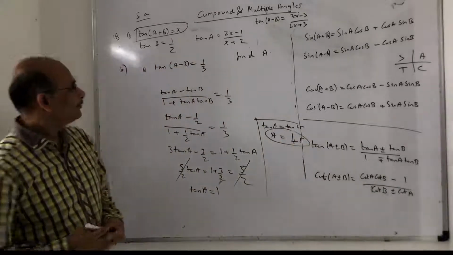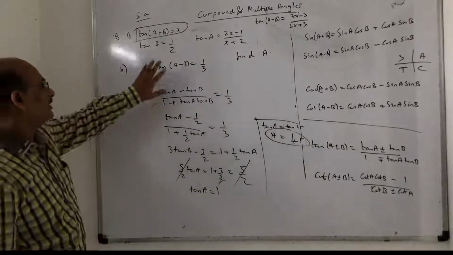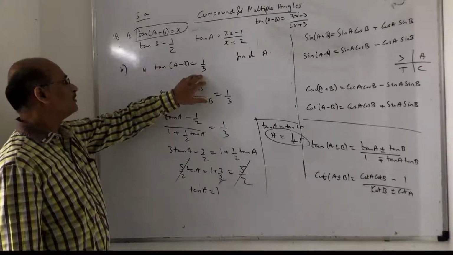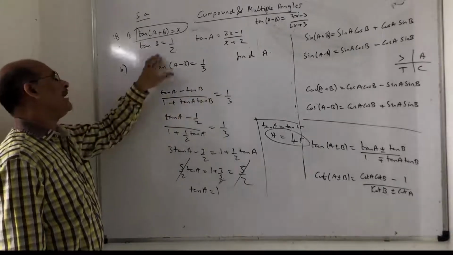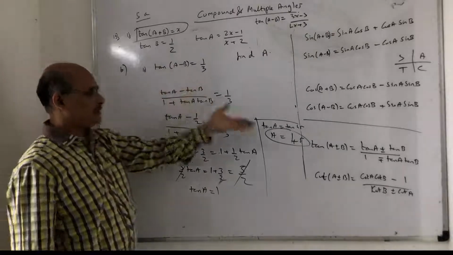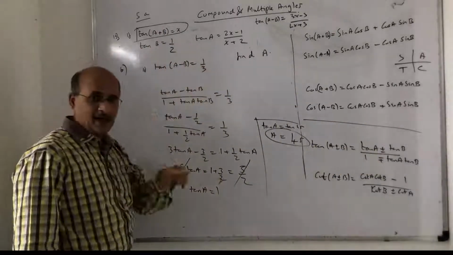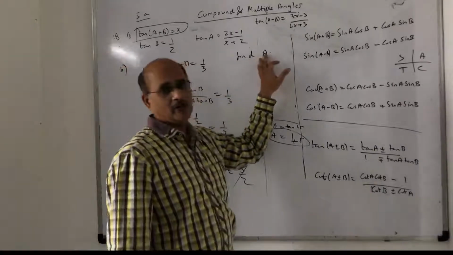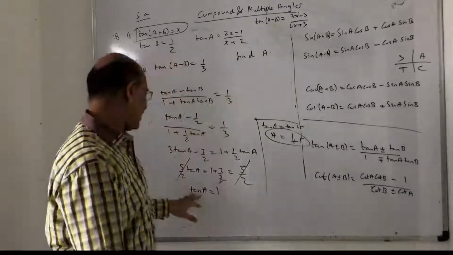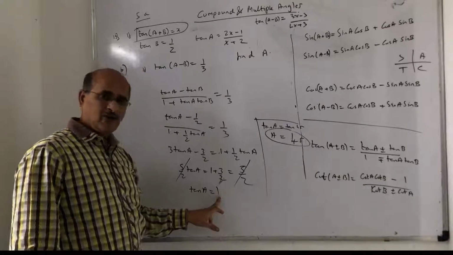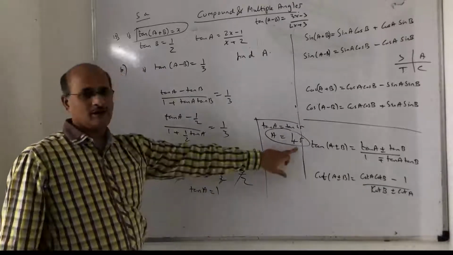So it looks difficult, but the second question was a very clear cut question, that is tan A minus B. So the thought is what? Tan B is given to you. So for tan A minus B, I can apply the formula directly, substitute this tan B value and get tan A. Why? Because they are asking only A. So tan A you can get. So tan A is 1. So eventually 1 is tan 45. So A is equal to 45 degrees.